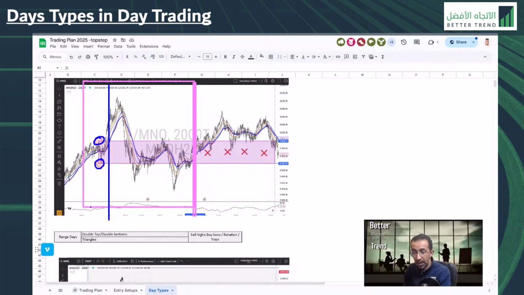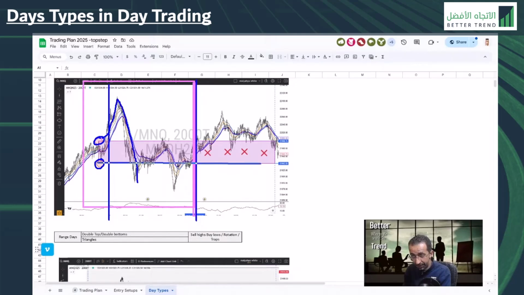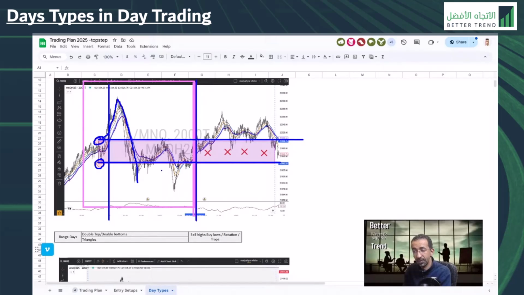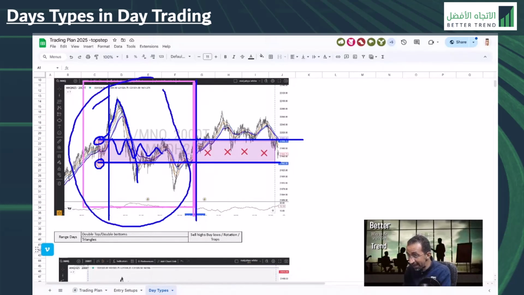High and low. If you see the market before the opening, breaking out the high and breaking down the low, this is the chop area. This is the chop area. Don't trade. So you are not trading. Suppose that you are not taking trades this time. During this time, you don't take trades